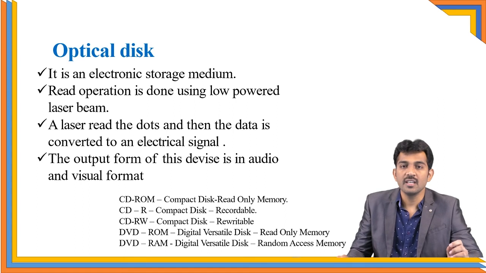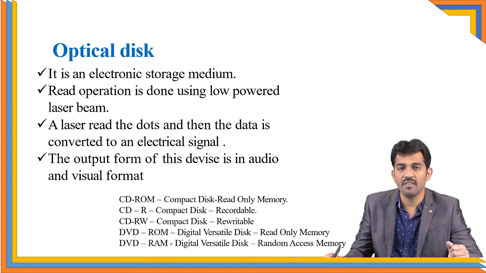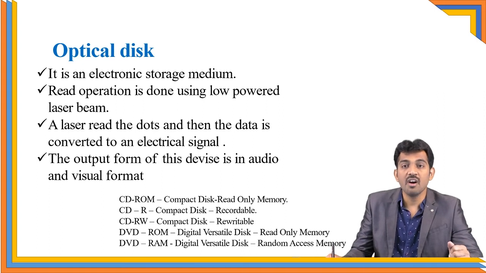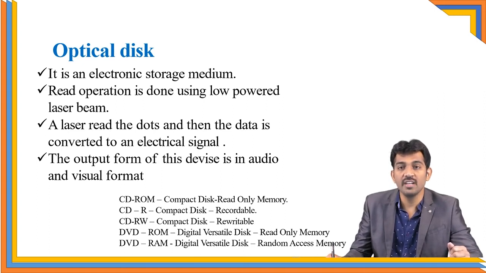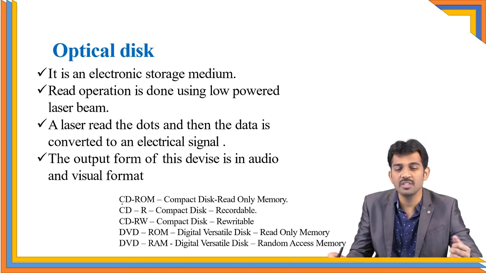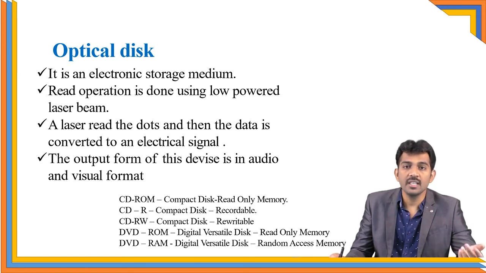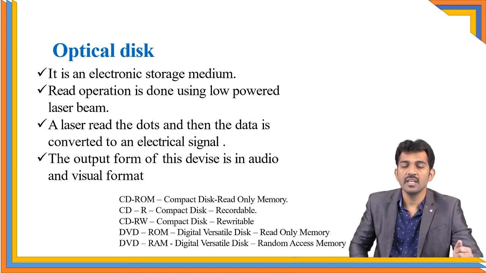And optical disc, like our CD-ROMs. See, various kinds of CD-ROMs are available: CD-ROM, CD-R, CD-RW, DVD, and DVD-ROMs. Still, we are using this kind of device. Instead of that, we are using pen drives also nowadays, right? All come under the secondary storage devices. Secondary storage devices, right? Is this clear?